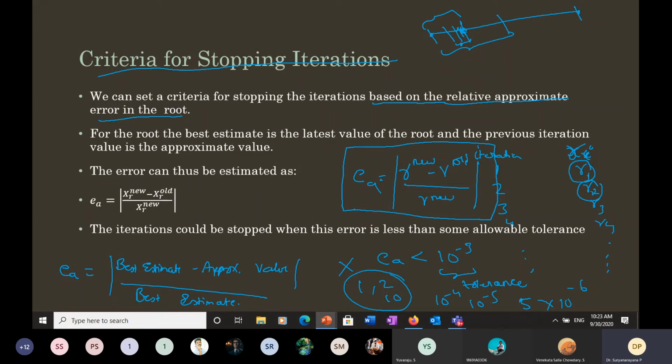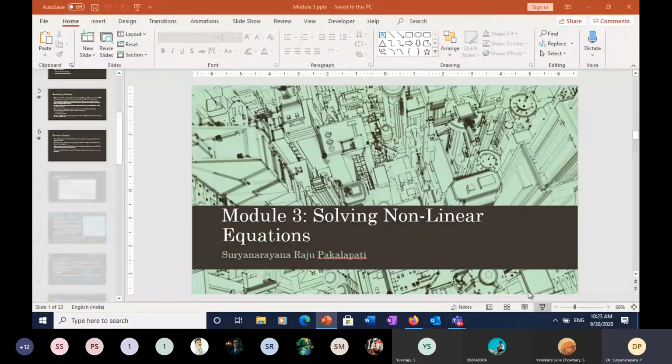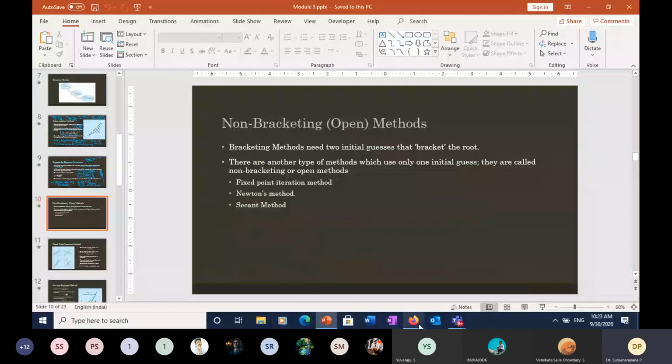Okay, and usually we put a tolerance. The typical numbers are 10 to the negative 3, 10 to the negative 4, 10 to the negative 5. You stop the iteration when this relative approximate error becomes less than this tolerance, which is typically taken as 10 to the negative 3, 10 to the negative 4, of that sort. Okay, so I think